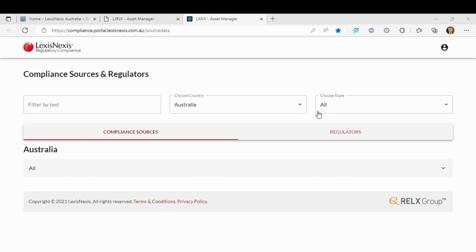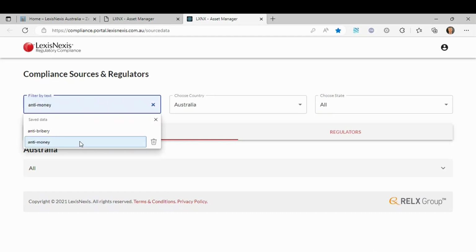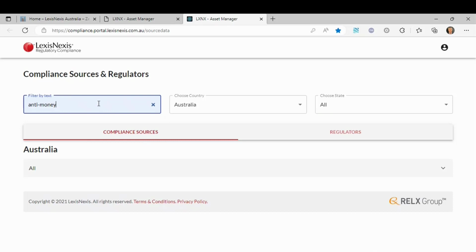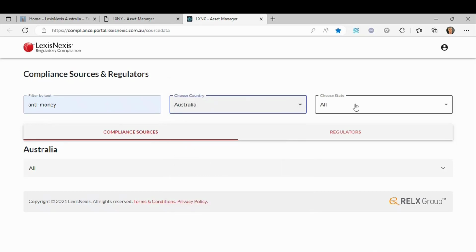So for today's purposes, we'll look at something like the Anti-Money Laundering Act. So we'll type in the filter here. We'll look at the jurisdiction, Australia, because obviously we have content in a variety of other jurisdictions, and it's Commonwealth legislation. So we'll look at all of the states, including Commonwealth, that's caught in that. From there, what we can see